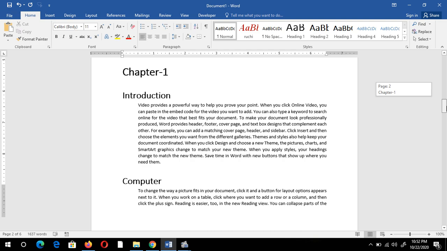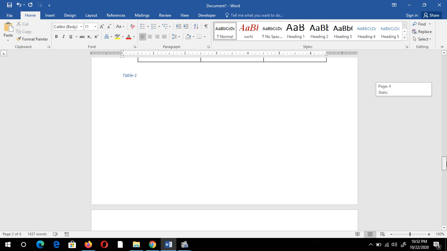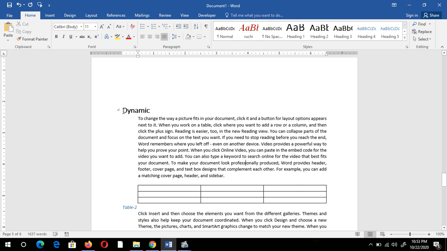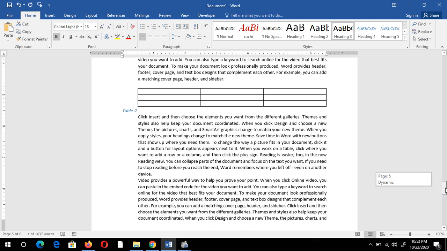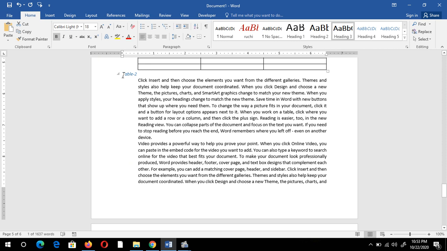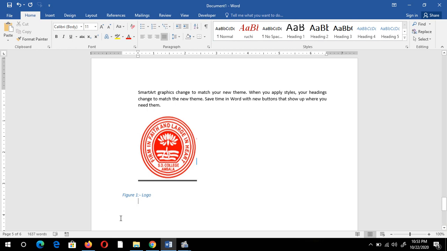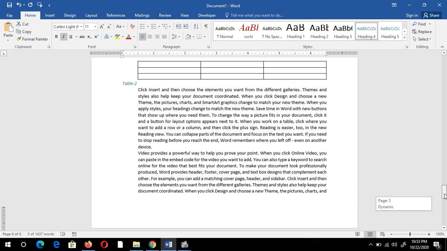Now I can check whether it is on page number 6 or not. This is the dynamic subtopic. It is on page number 5. You can see on the status bar of your document, and under dynamic subtopic you can see table 2 on page number 5 itself, and on page number 6 you can see my diagram of the topic.